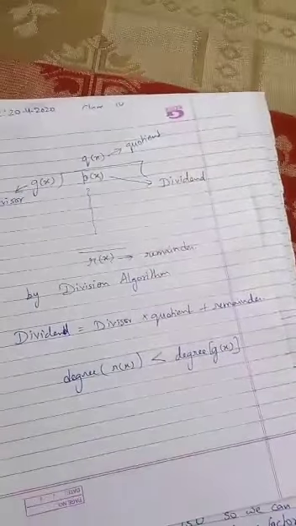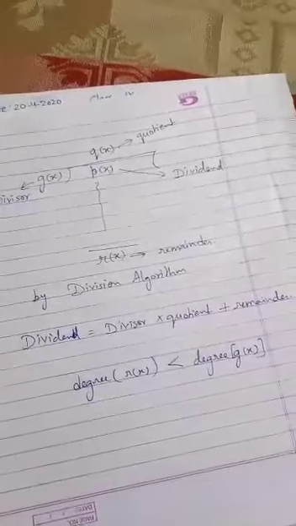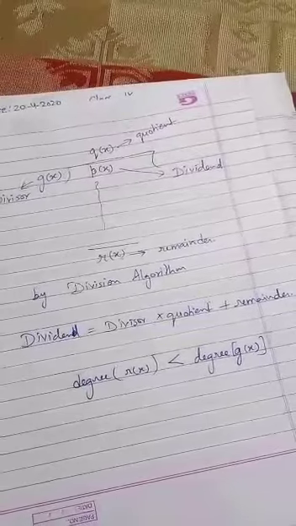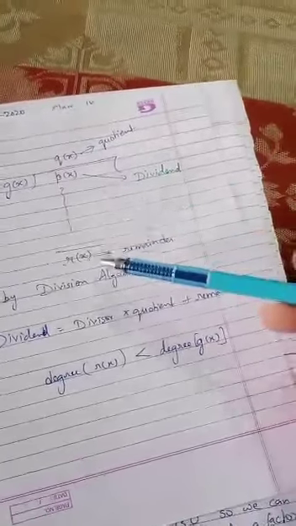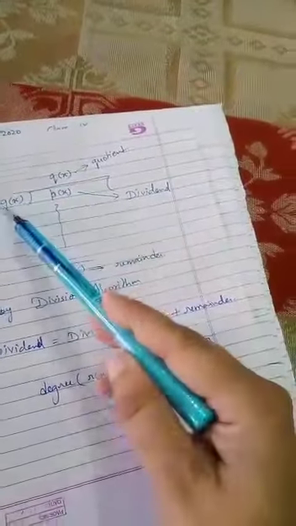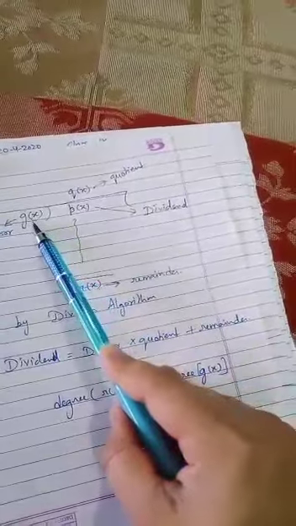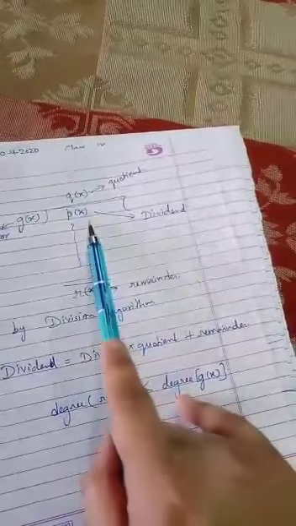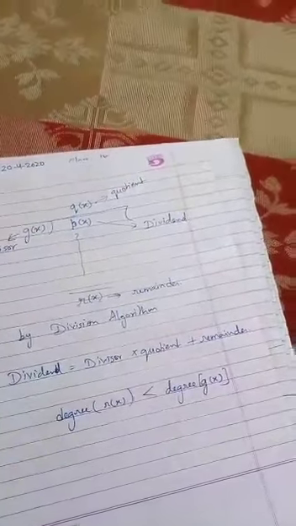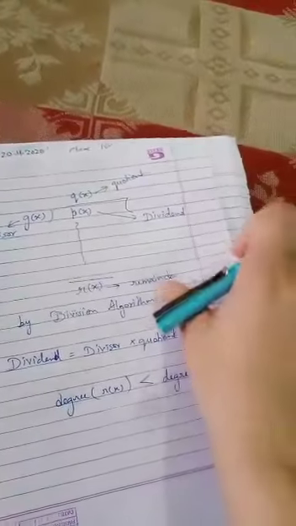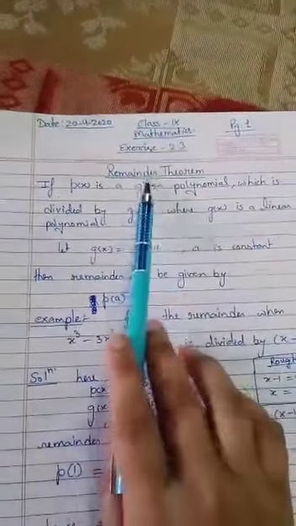I also want to remind you that in 8th class, when we used to divide polynomials by a linear polynomial and after division we get 0 as remainder, then we used to say that this gx is a factor of this px. So only these concepts again we are revising here in class 9th. So let us start our topic. See children, so this is our remainder theorem.